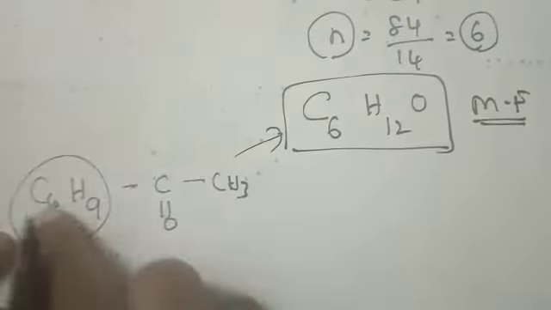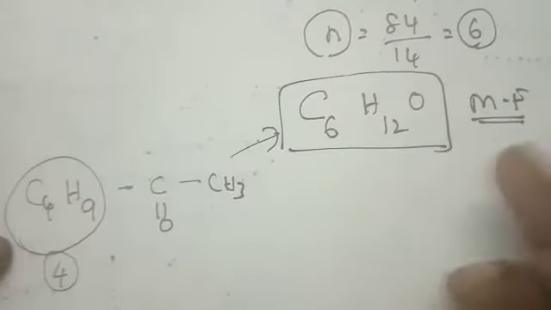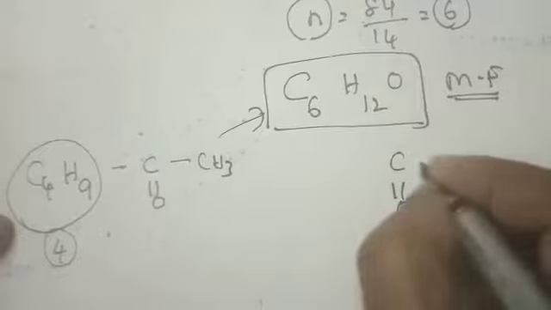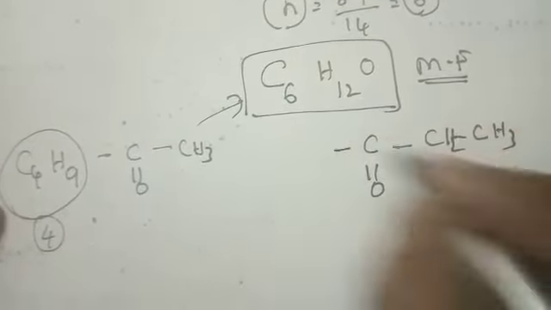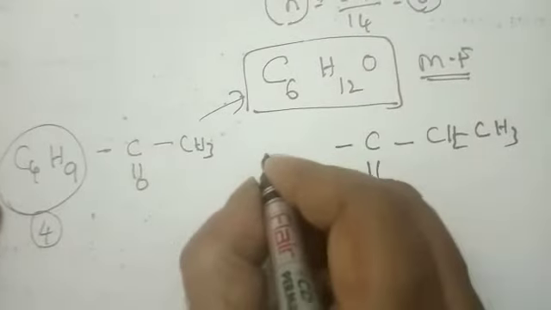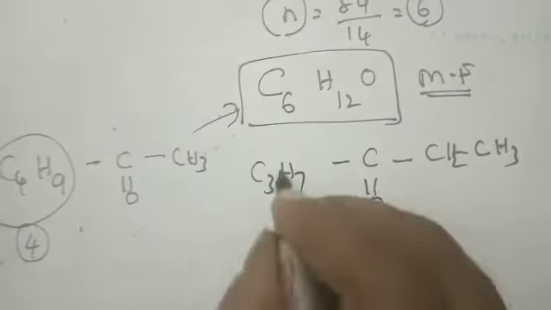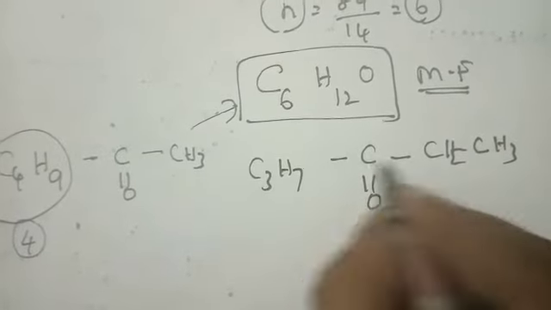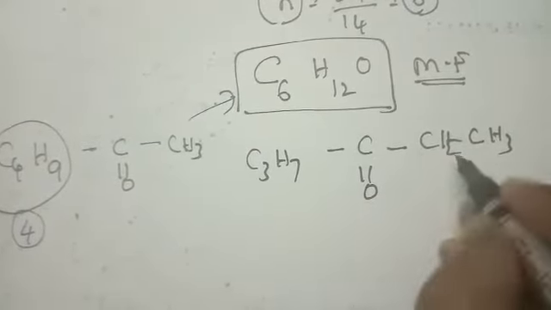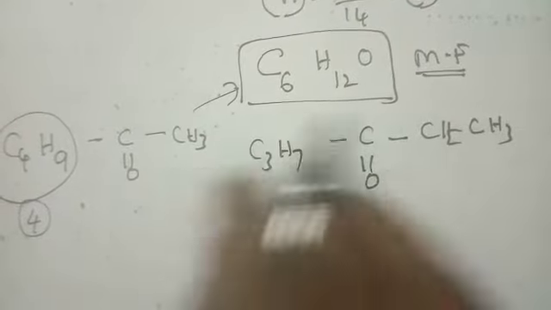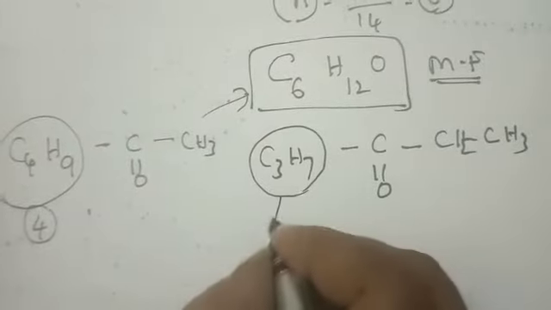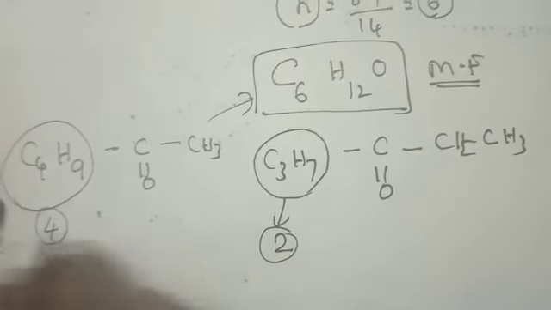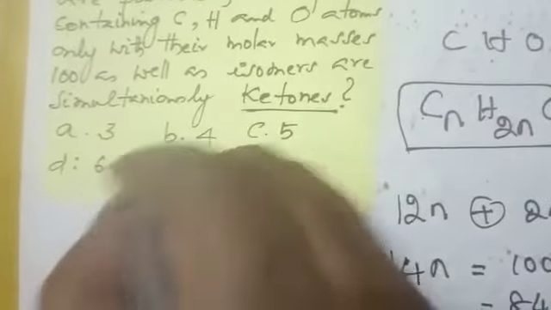Next, one carbon I am shifting and getting another ketone, C double bond O, and carbon 1 becomes 2. Complete the formula. Here how much are you having remaining? 3. C3H7. So add the carbons and verify: 3, 4, 5, 6. Hydrogen 7 plus 5, 12, and also okay, this ketone is ready. Now this is your n-propyl. N-propyl has how many isomers? 2. So 4 plus 2, how many isomers? 6. Now go and see the options, it is 6.